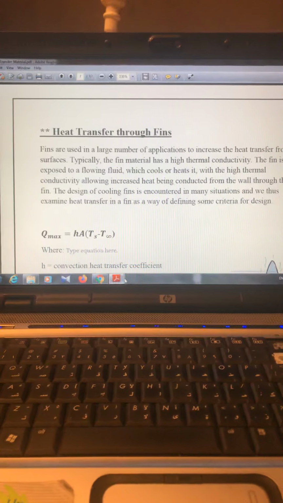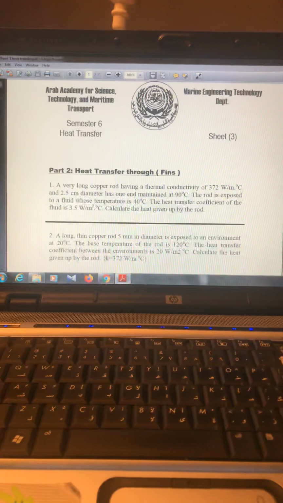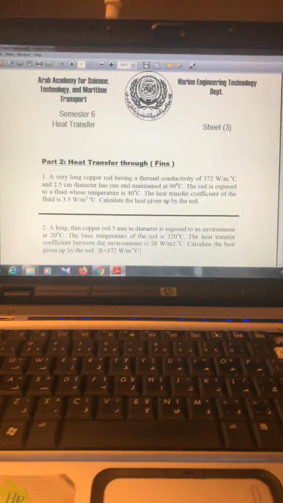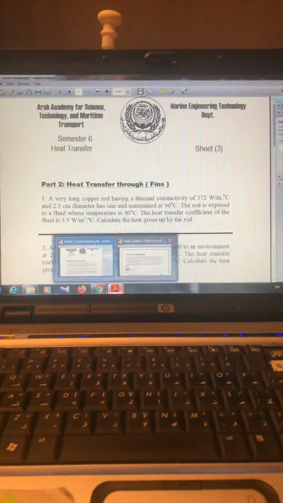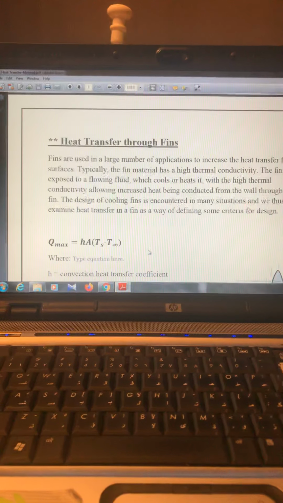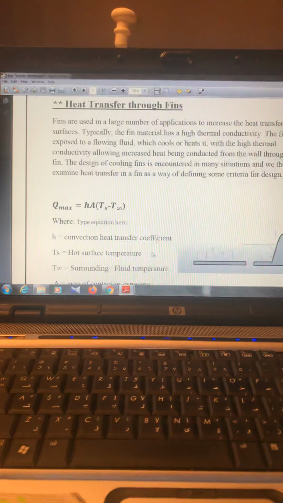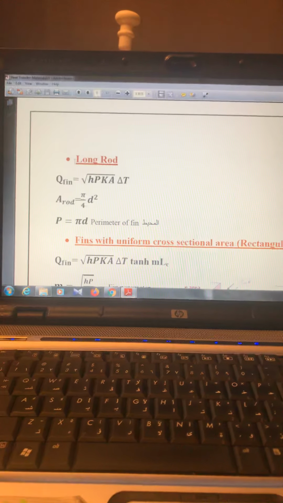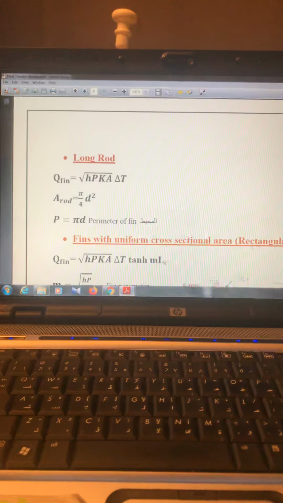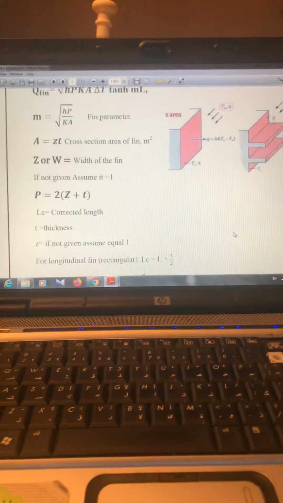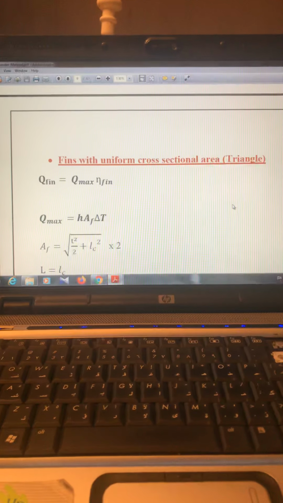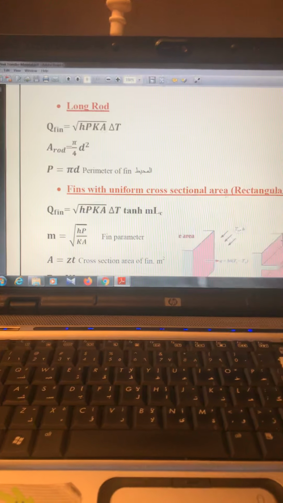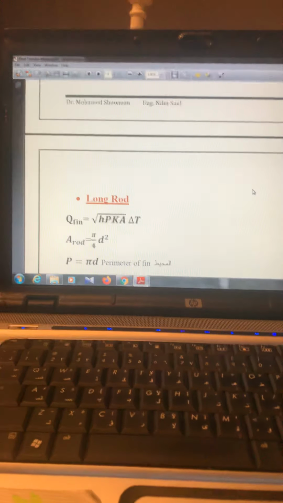Now we will have sheet number 3 for the fins, heat transfer through the fins. We want to make a quick revision before we start. For the heat transfer through the fins, there are 3 shapes: the long rod, the rectangular, and the last one is the triangle. Okay? There are some quick points we want to share with you